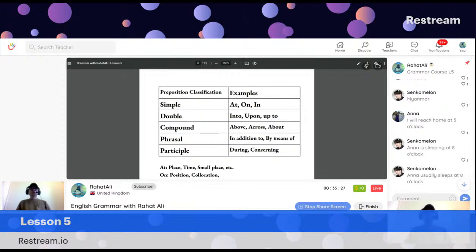Okay, and we use on in most cases to describe position, like my laptop is on the table, the jug is on the chair, the book is on the shelf. And we also use on with electronic media, like he is on a live stream, he is on Facebook, he is on WhatsApp, he is on a mobile video.